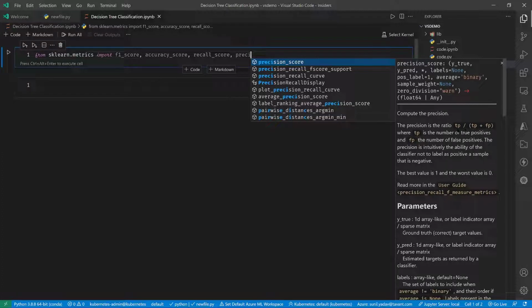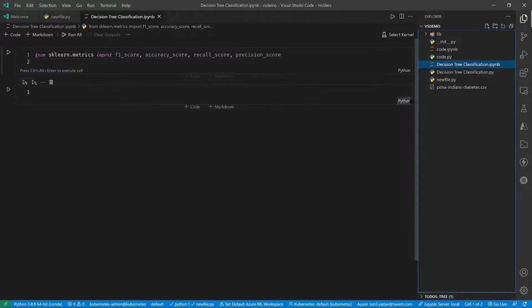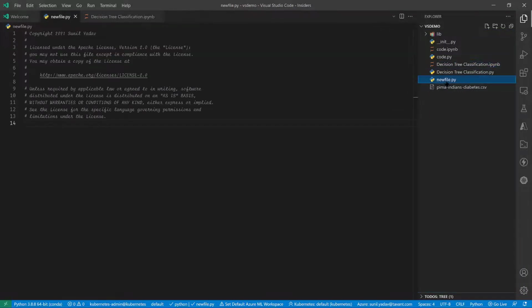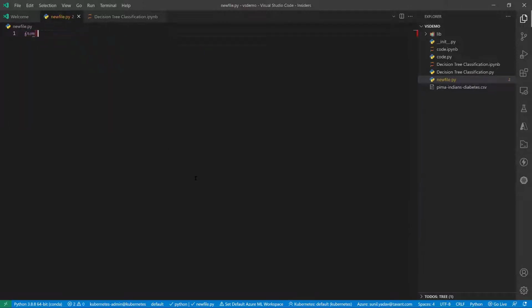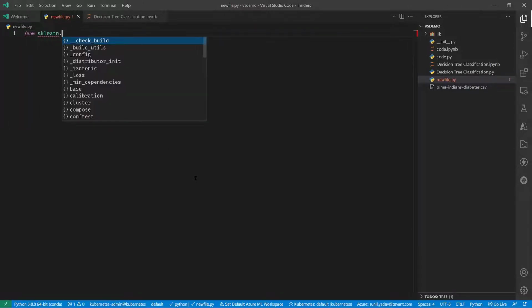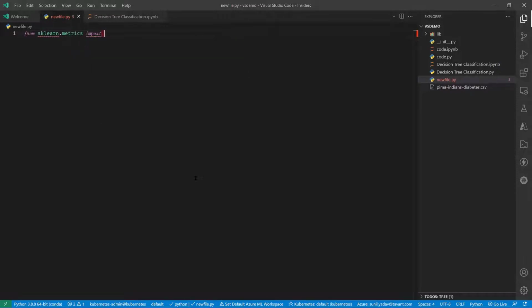This is nothing but precision score. IntelliSense works not only in a Python notebook, but interestingly, when there is a native Python file, this IntelliSense is far better. So let me type from sklearn.metrics import F1 score, precision score, recall.